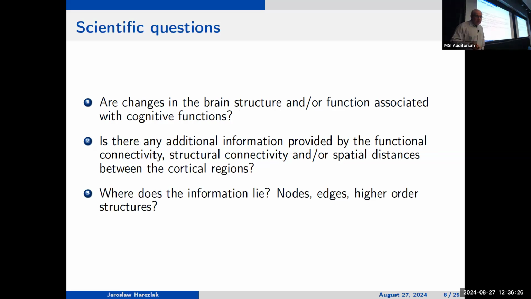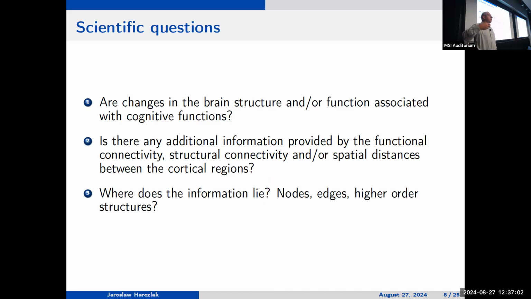The most important part of our work is that we're trying to do this, I shouldn't call it multimodal, but borrowing information from one mode. Let's say, can we borrow information from structural connectivity to tell us something about functional connectivity? Or can we borrow something from anatomy to help us in associating, let's say, structural connectivity with the outcomes?